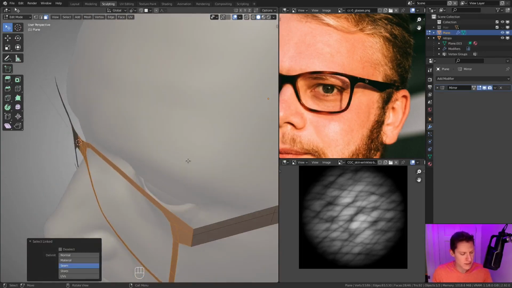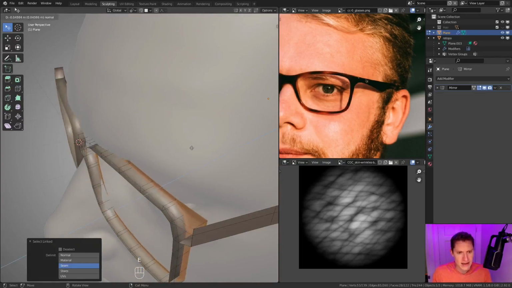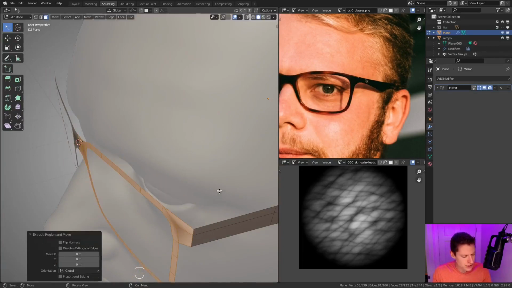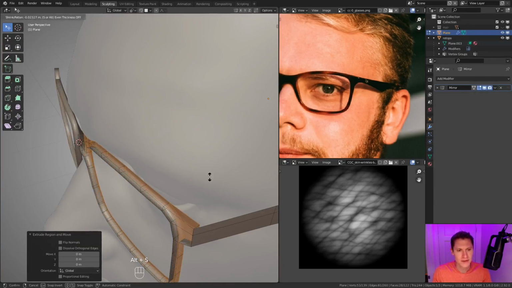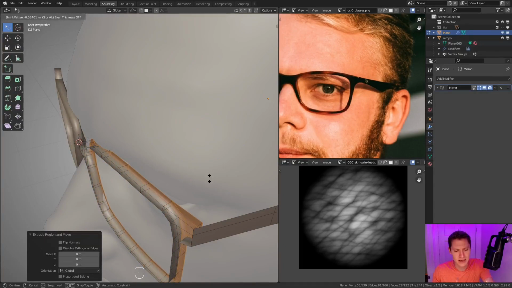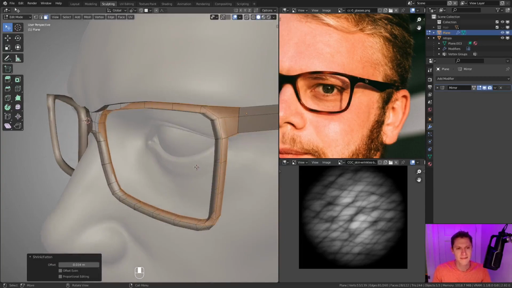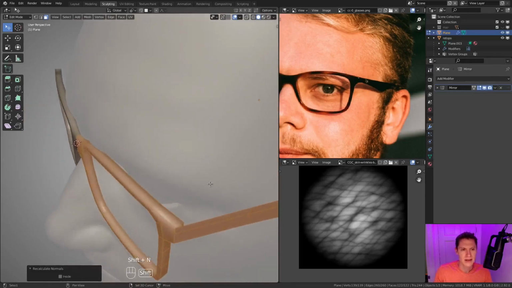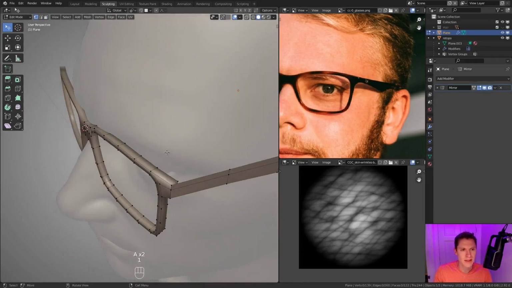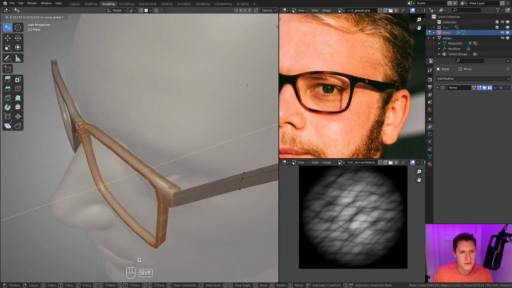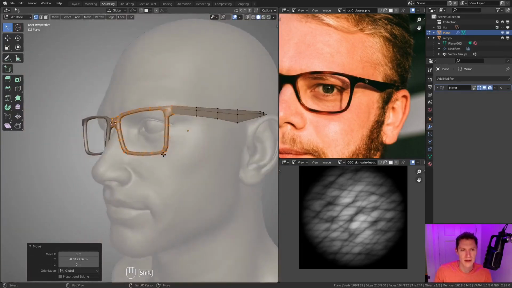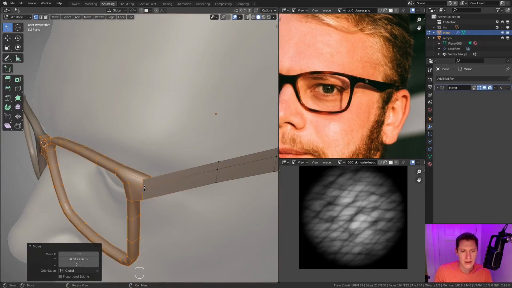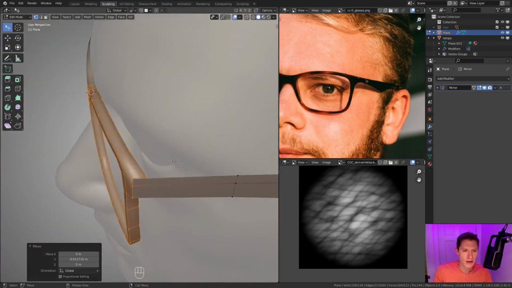Hit the L key to select the mesh island, and then E. And I like to right click after extruding and use Alt S to push out for thickness instead. I'm grabbing my glasses to kind of get an idea for how thick they need to be. About like this. All right, then our normals seem to be reversed, so let's select everything, Shift N. And now this reveals that I need a little bit more room in between the glasses and the head. So I'll push those forward in Y. Okay, and I made sure to grab the corner of our ear support as well, so those align.